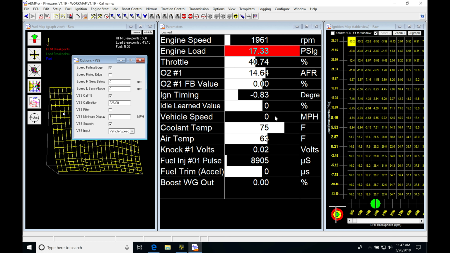Let me go ahead and bring my vehicle speed up here a little bit so we can talk about this. Right now, if I have my falling edge checked and I uncheck it, you can see it obviously drops out to 0. It's not going to be counting any edge of the signal coming in. If I go to rising edge, we can see that it's identical. So it doesn't matter if you have falling or rising. Now, if we're going in and we want to double our speed reading, right now it's at 32, and we've exhausted our VSS calibration number